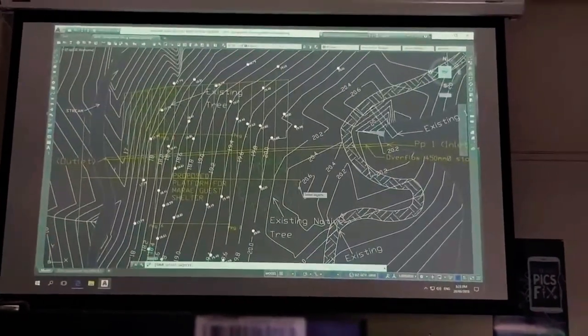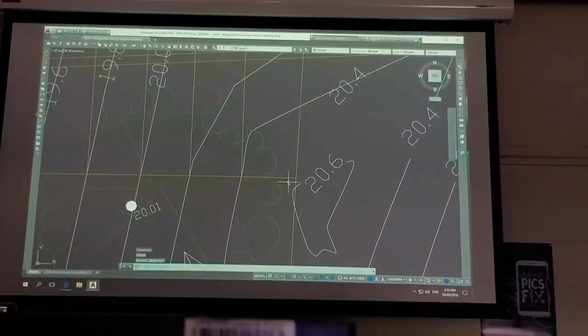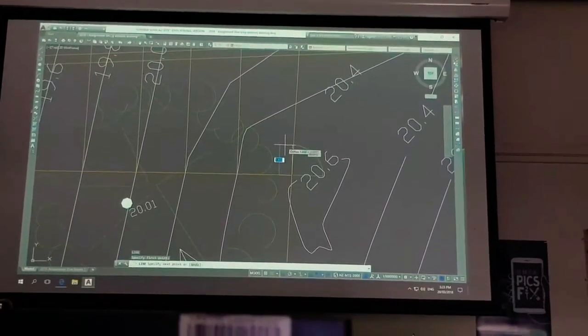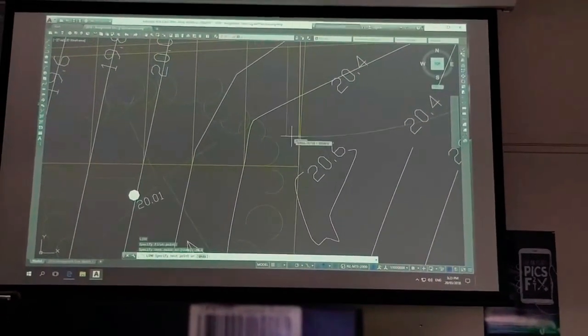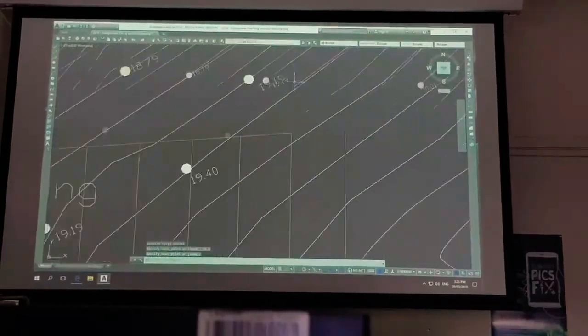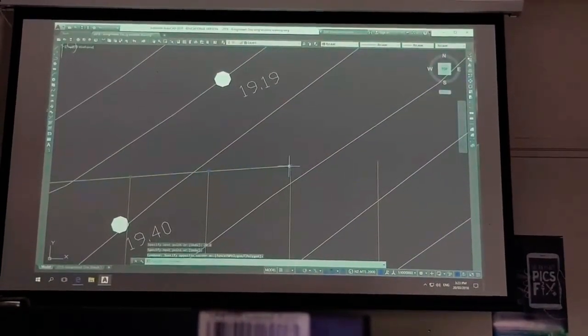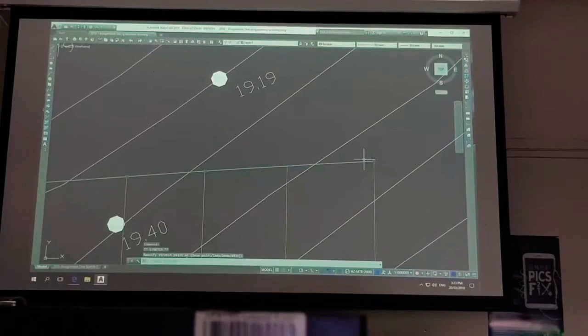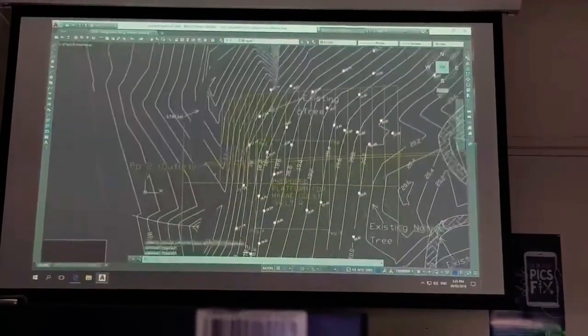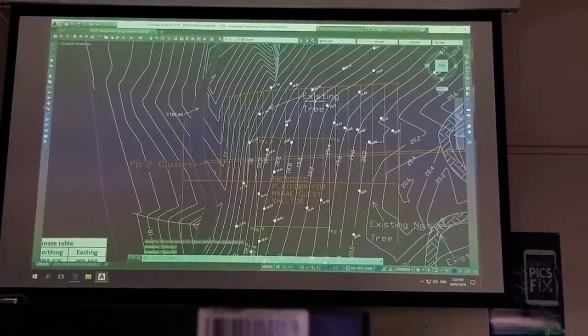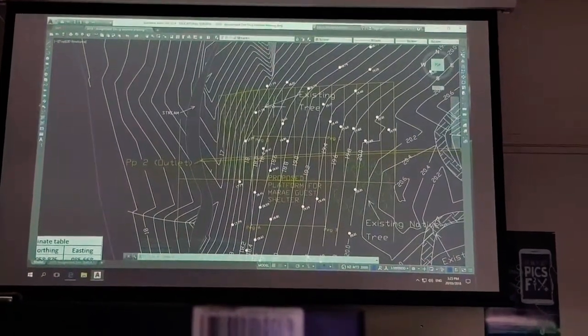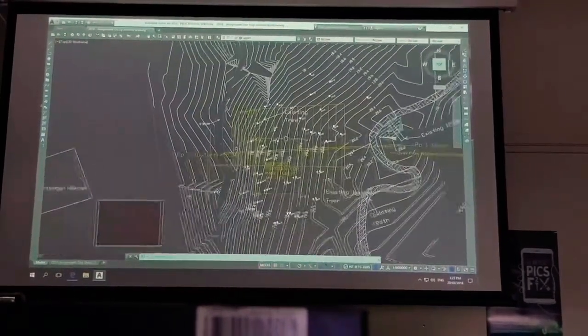Last one should be 20.6. Okay, so that's our basic section, and I'm going to copy that information now